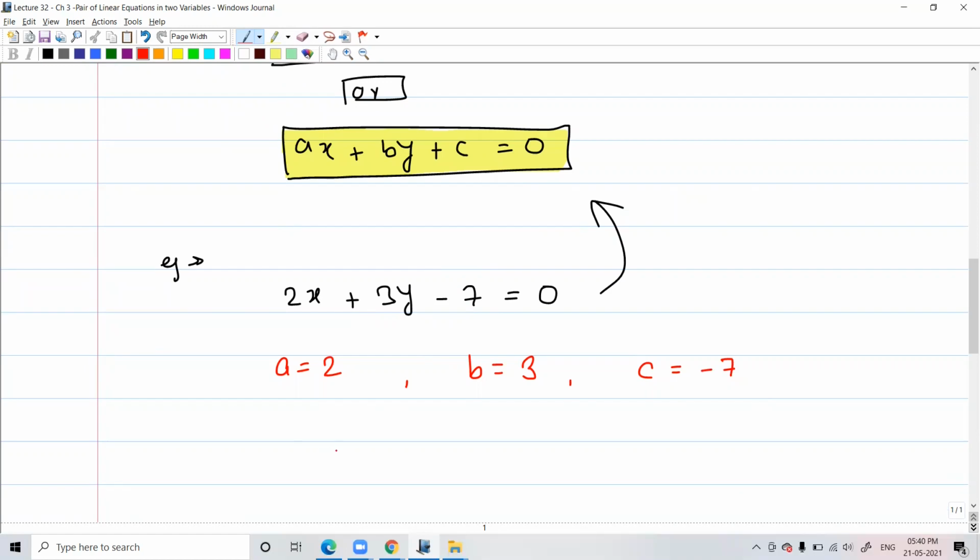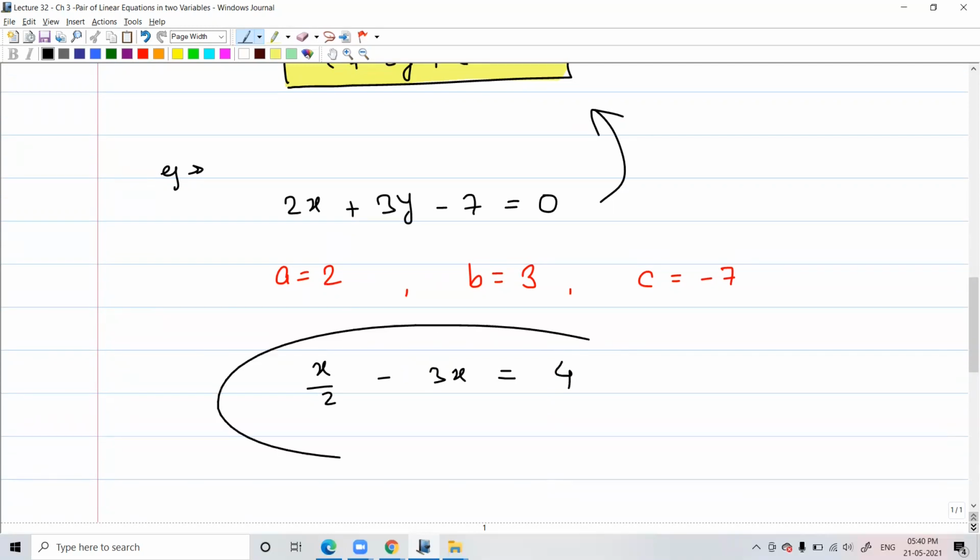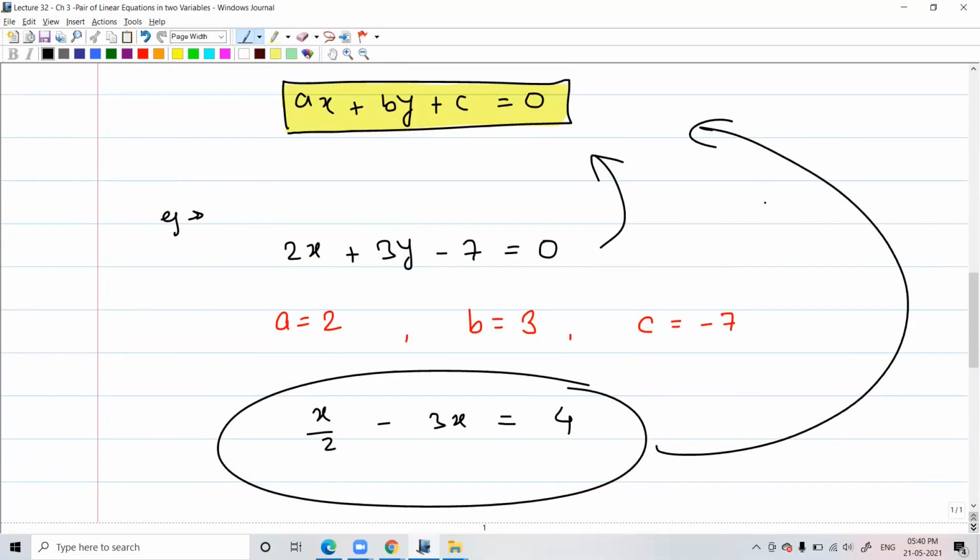I can give you more examples. Let's say if I write like this, do you see that this is also similar to this form? Or is there any problem? Does it look like the standard form? Yes, sir. Yes, it is of the standard form, but the only thing is the constant is on the right